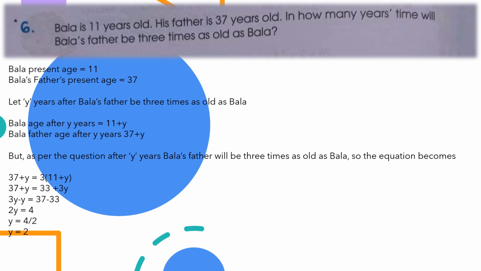Now further solving, we have 37 plus y is equal to 3 into 11, which is 33, plus 3y. Now it's a simple calculation. We have taken the terms having y on one side and the simple numbers on the other side in order to get the value of y, which comes out as